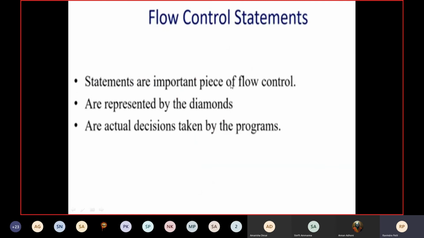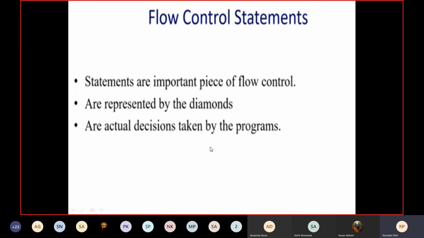So moving to flow control statements. Flow control statements are an important piece of a flowchart and are represented by a diamond. How do we represent a decision making statement in a flowchart? When we say decision, we are going to use a diamond symbol, and these flow control statements represent the actual decision taken by the program.